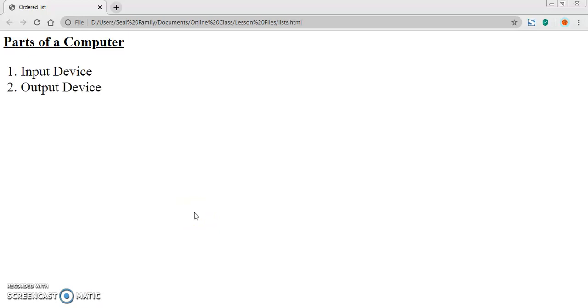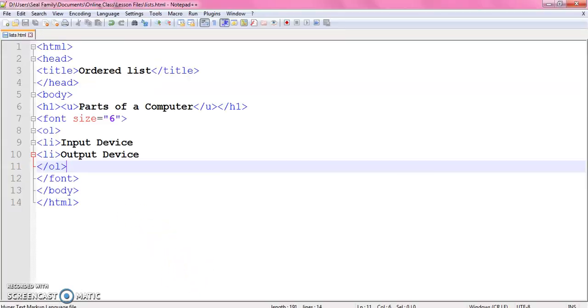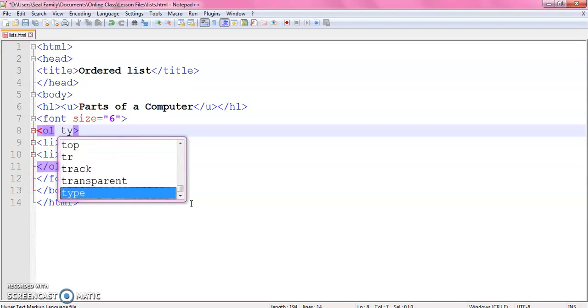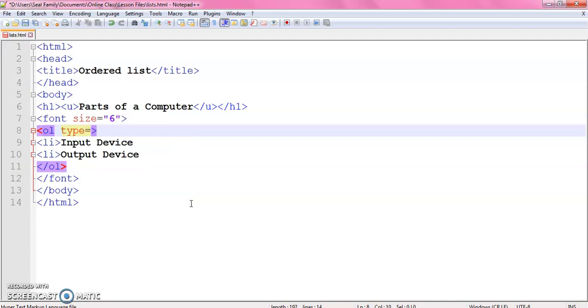Here is the output of default ordered list. Ordered lists are used when we need the list items in proper sequence. So the default numbering appears as 1, 2, the regular number formatting which we use in mathematics. But we can change this number format. For this, there is an attribute of OL tag, that is type. Using type, we can change the number formatting.